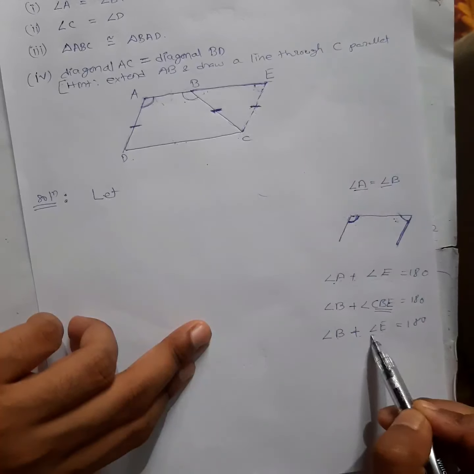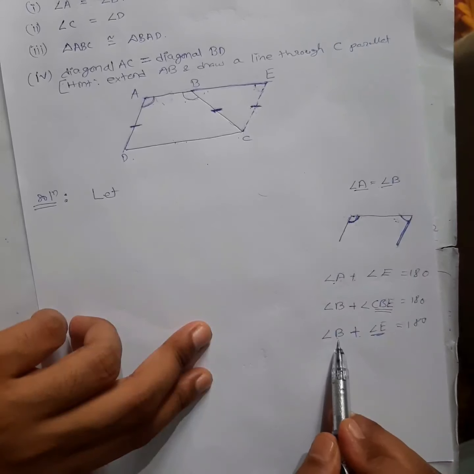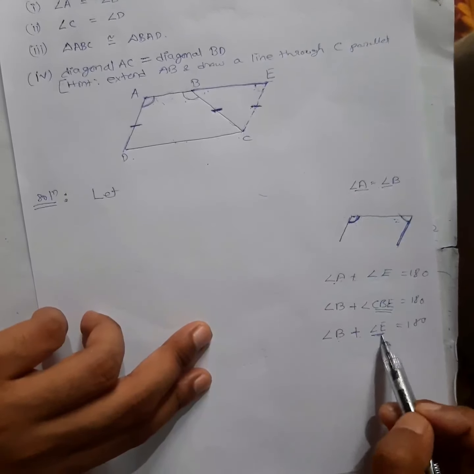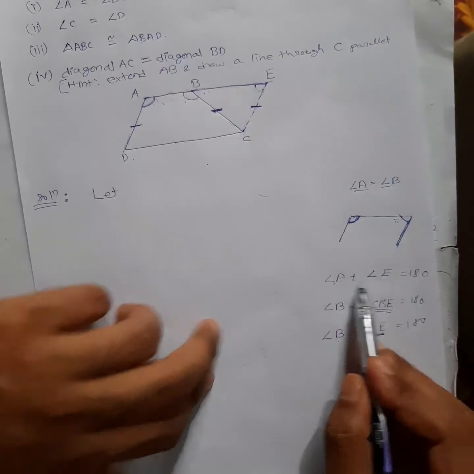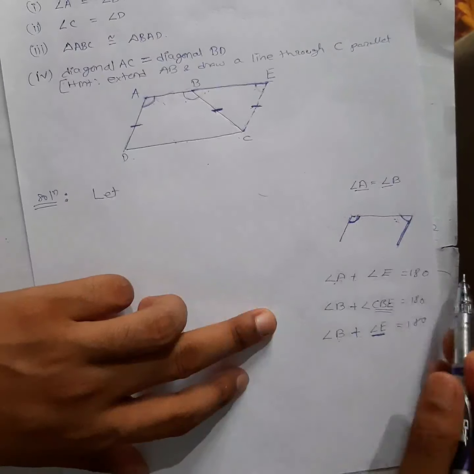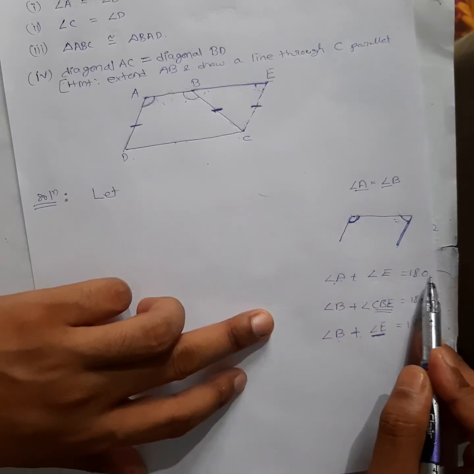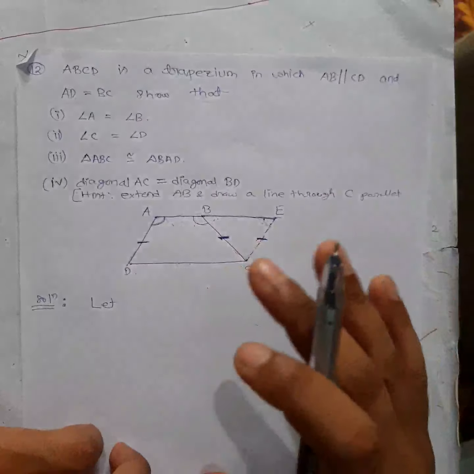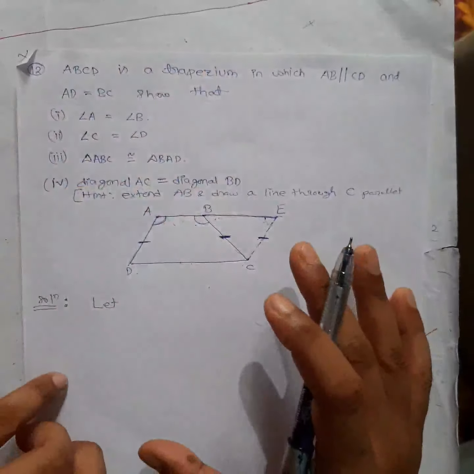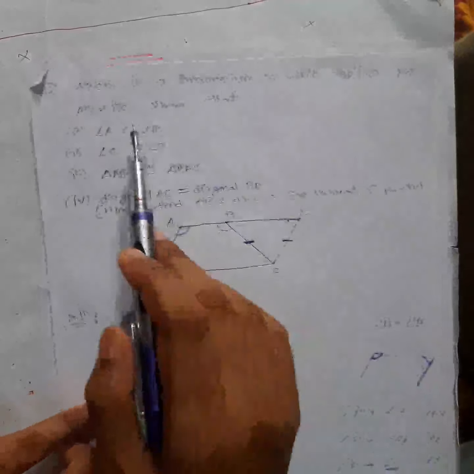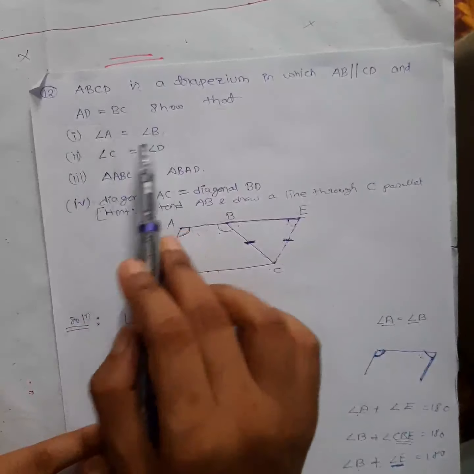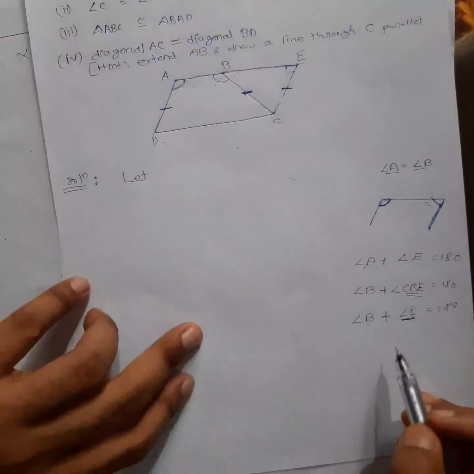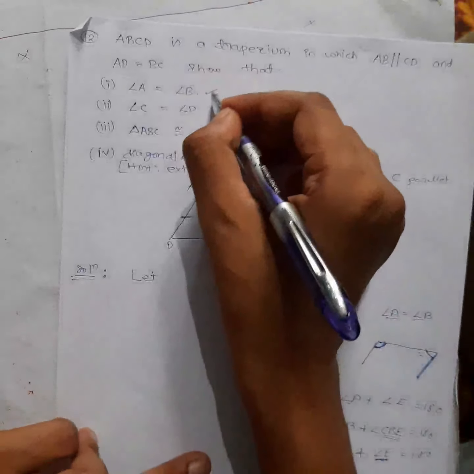Now can I remove this angle E? I don't need it, right? I need angle A and B only. To remove this, what will I do? I will use this equation. Simple. Angle A, bring this side. So what will it be? 180 minus angle A. So this is the only toughest question you can say in this exercise. Okay, so practice this one well. And here only question number 1 is tough. The rest is very simple. So you need to practice question number 1 well.